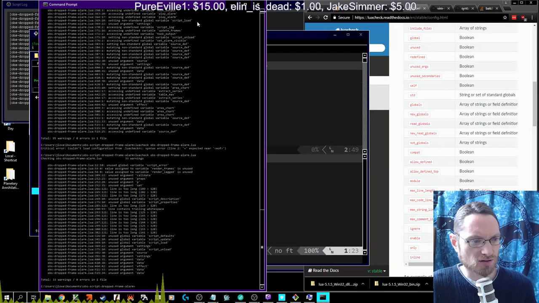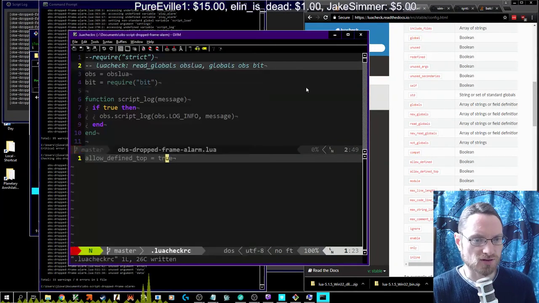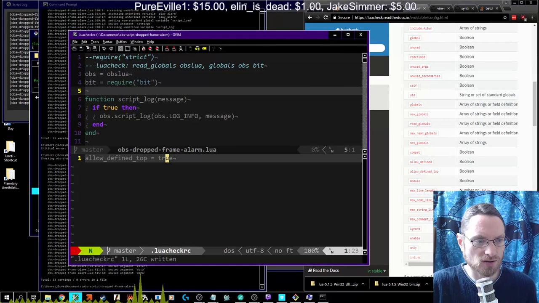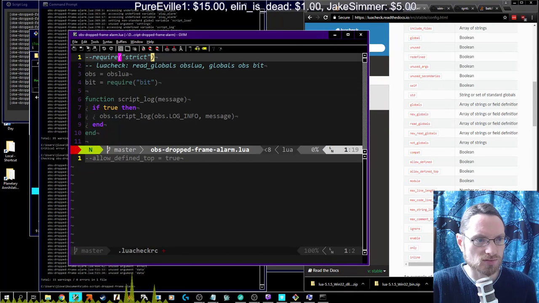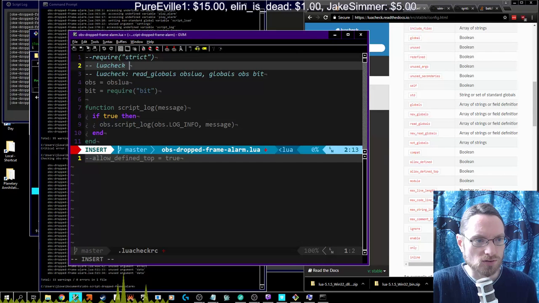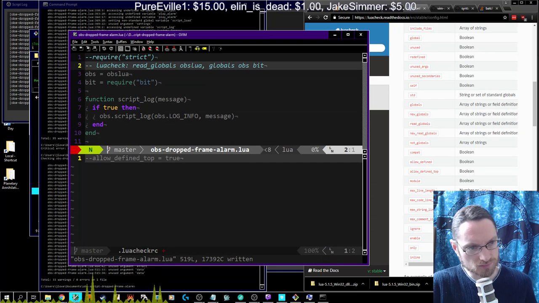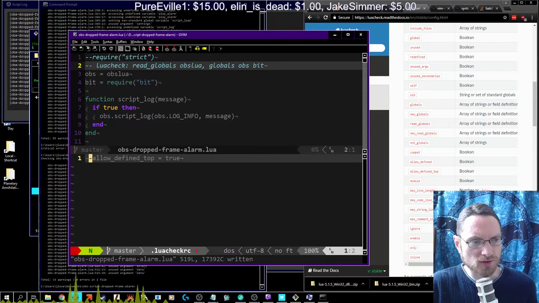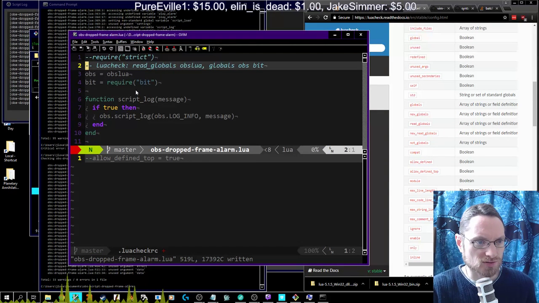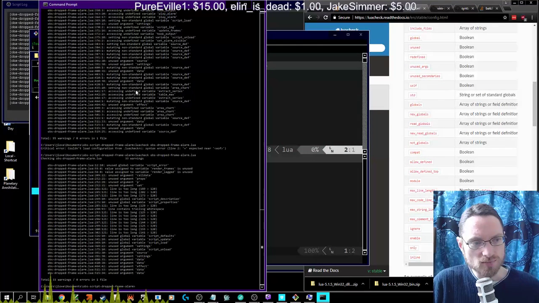All right, so that takes care of a lot of stuff. And that is something, now, can I do a Lua check, allow defined? No, because I was looking at the inline stuff and it wasn't there. Okay. And I might actually want to develop my config file to cover all of the OBS stuff. But this should get me down to, for the most part,